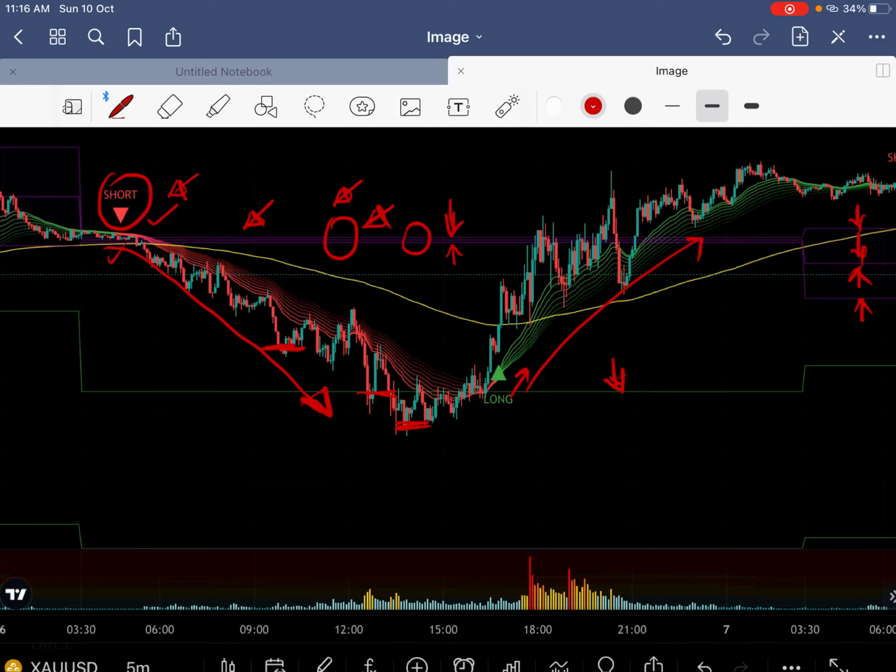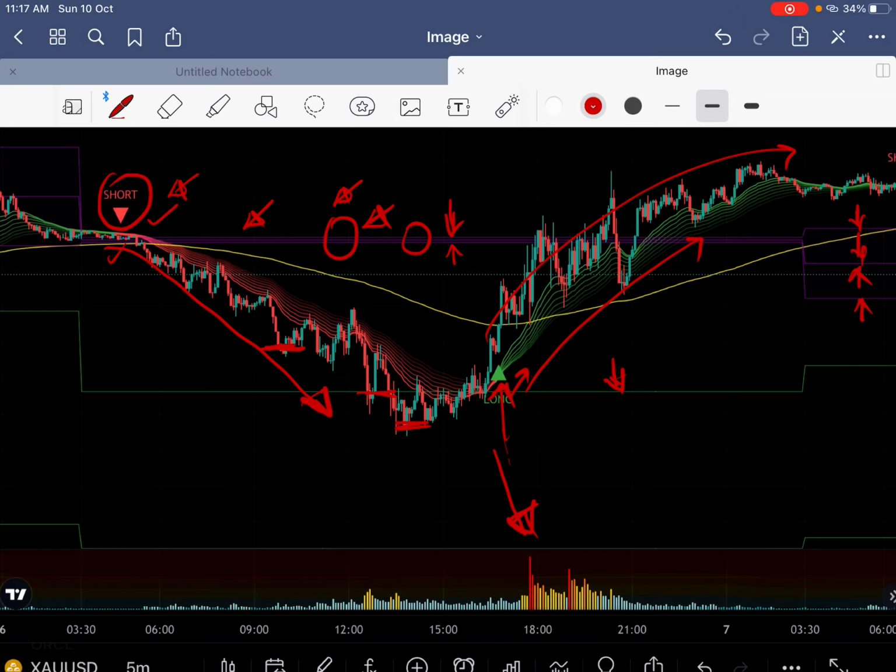The other thing that you have to use is the volume level. As you can see from here, if the volume on the chart is increasing after the generation of the signal, you can hold that signal for a longer period, and you can get a better result from this strategy. So these are three indicators that you have to combine with each other to get a perfect scalping entry, and it will work very well.